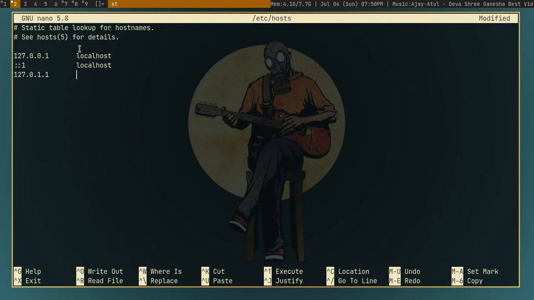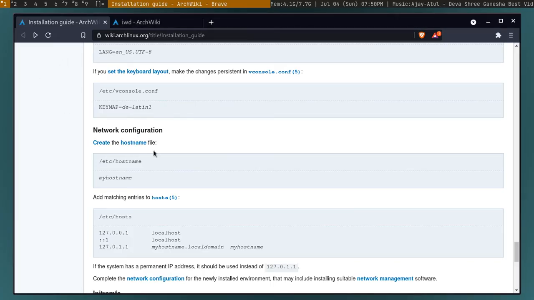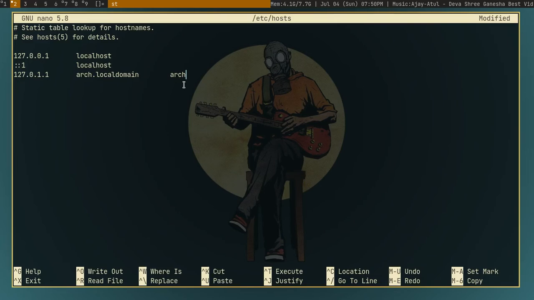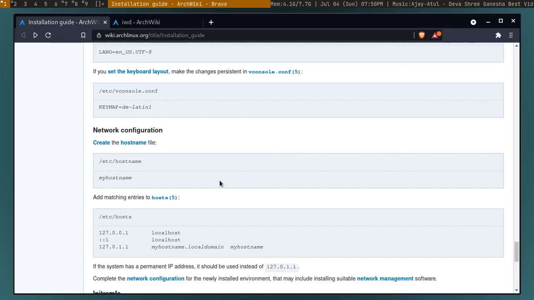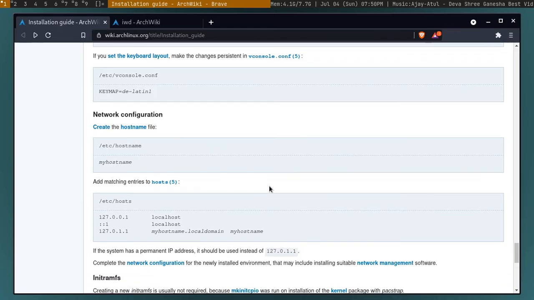Here your name of your system, in this case it's Arch, dot localdomain, a tab, and then the name of your system again, Arch. Yes. So after this you can just Ctrl X, Y, Enter, which saves and exits the editor.